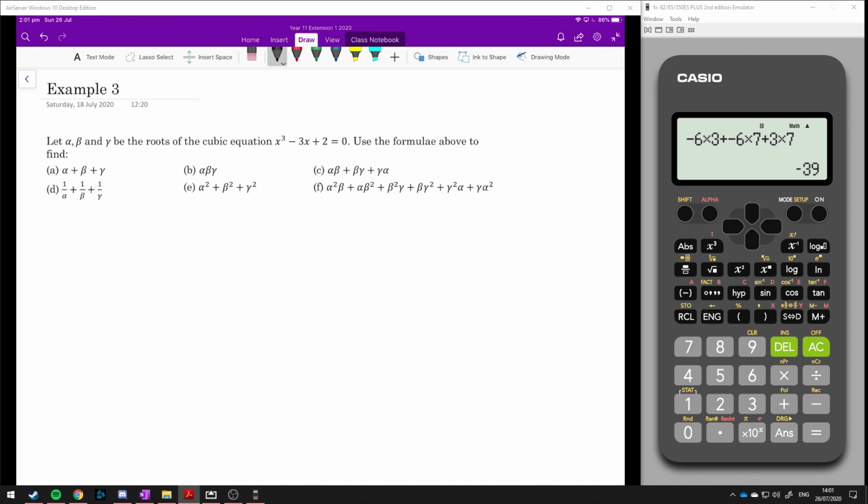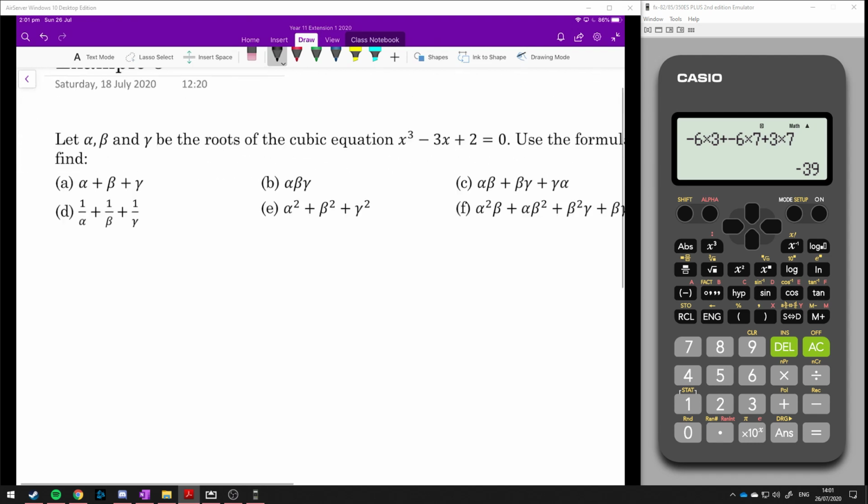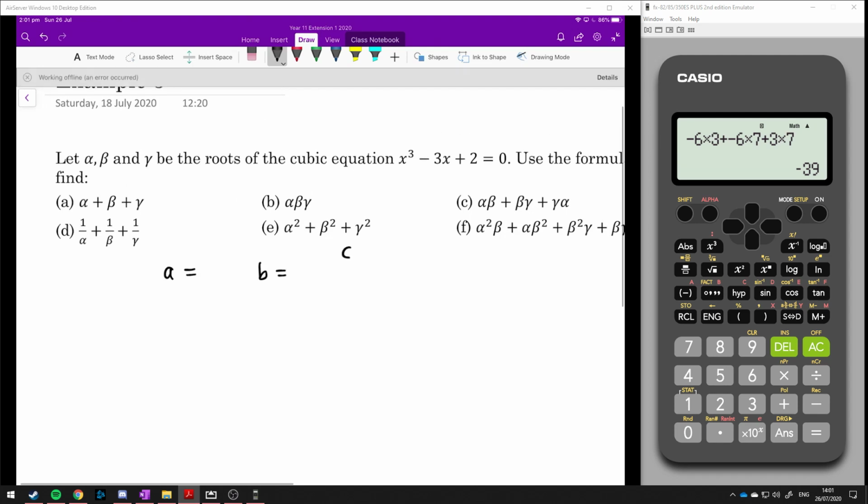We're not going to factorize this to do it. What we're going to do instead is write out our values and calculate it that way. So first things first, before we even start, we're going to write a is equal to, b is equal to,